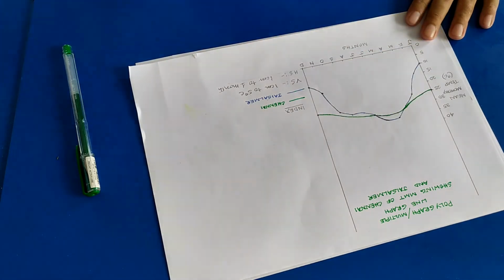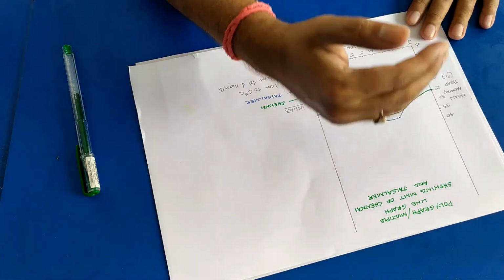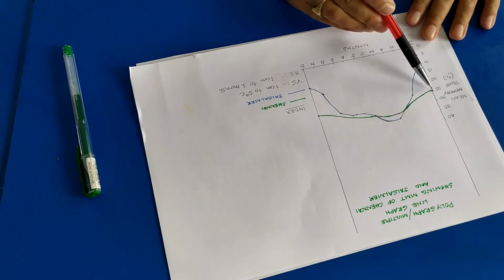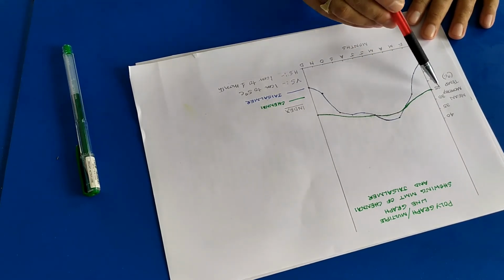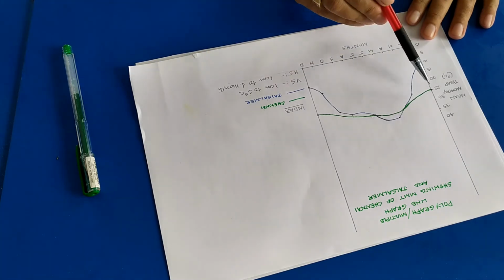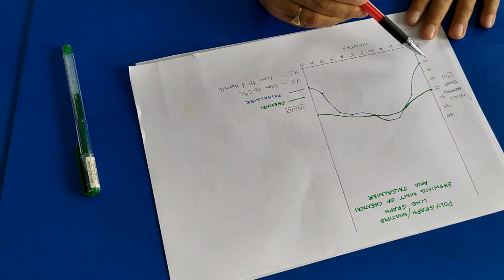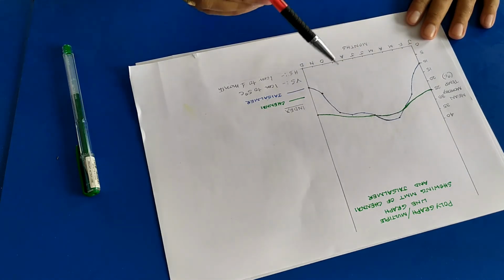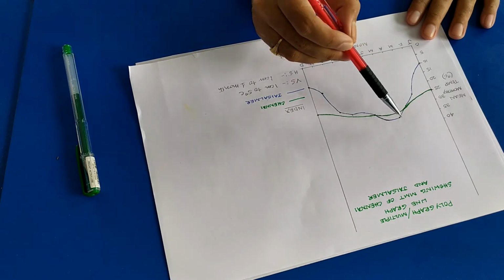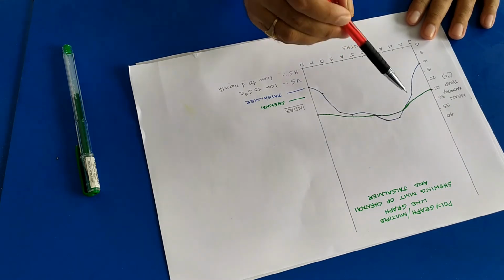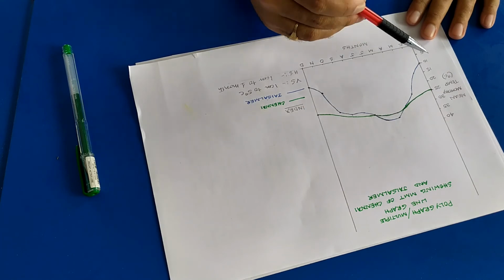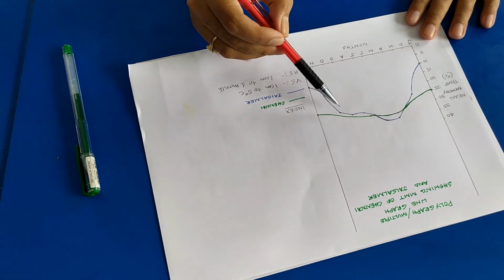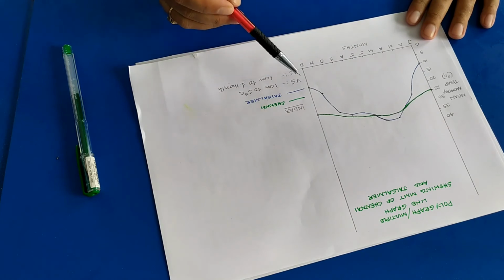How do we know? If you look at the graph of Chennai, what do we find? There is not much difference between the minimum temperature and the maximum temperature, and that is the reason why the amplitude of the graph is not high. And we know that Chennai is a coastal station, but we also know that Jaisalmer is located in the Thar Desert or the Great Indian Desert and it's continental. That's the reason why you will find that there is a huge difference between the maximum temperature and the minimum temperature, and the amplitude of the graph is therefore very prominent. So when you interpret this particular graph, these are the two things that you require to mention.